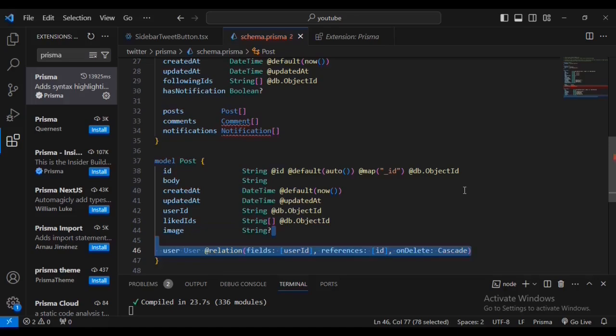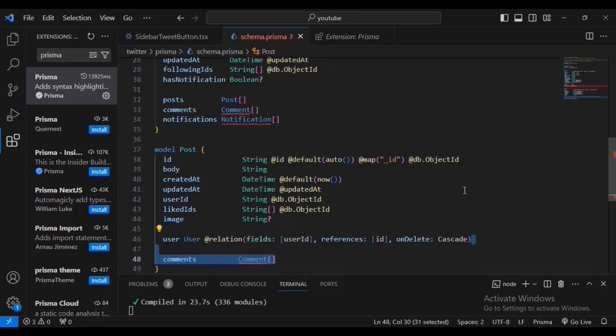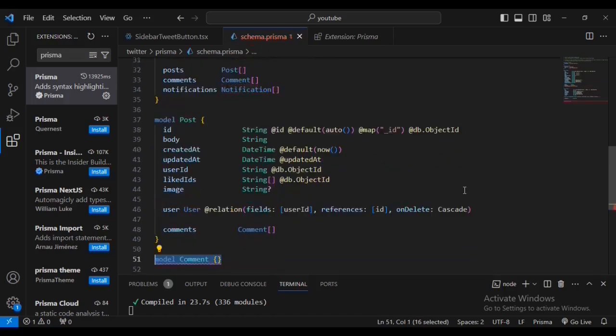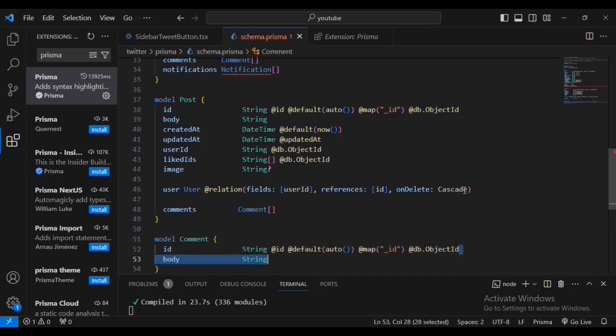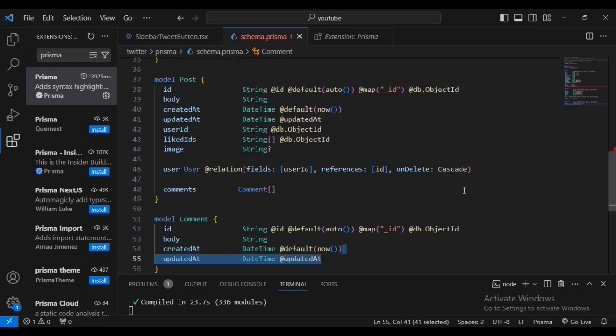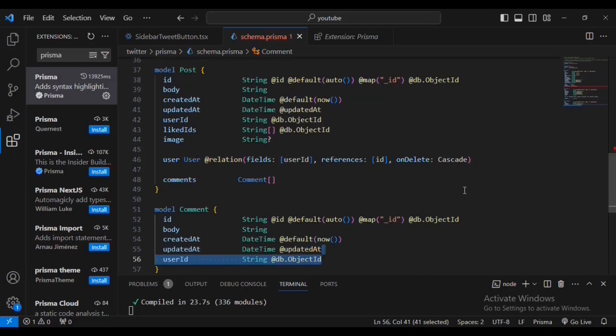So this information is very important because this is the one that I'm going to post to the schema. Then we're also going to have comments for model Post. Then model Comment for this one is for comments that we will be getting. We're going to have an id, a map and database. Then we're going to have a body and a createdAt, updatedAt. Then userId is a string, postId is a string,